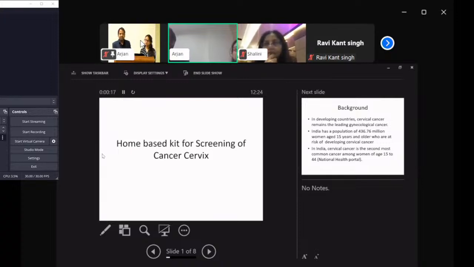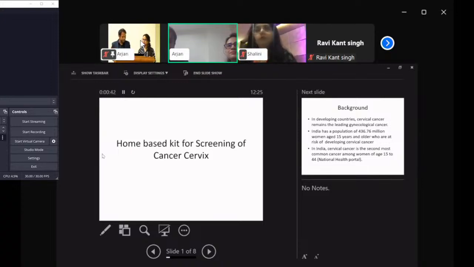And we have come up with some idea that we have noticed in our OPD. Most of the time patients reach us in the late stage. Late stage means it is not in an operable stage. More than 60% of patients who come to our OPD are in an advanced stage where we cannot do a surgery. Out of many factors that we'll discuss now, because of some issue they don't turn up to the OPD, and once they come to the OPD they're in the advanced stage, so that the treatment modality